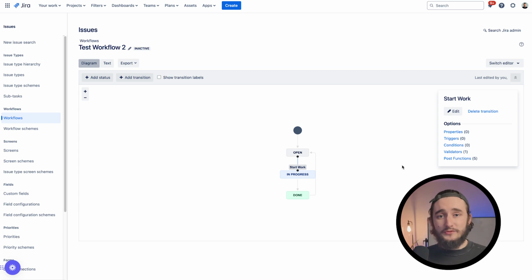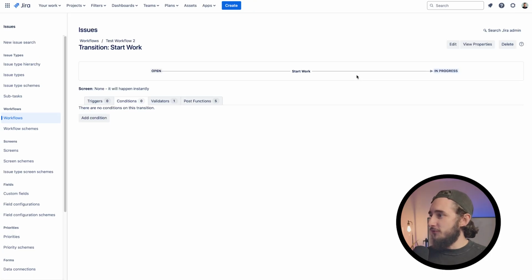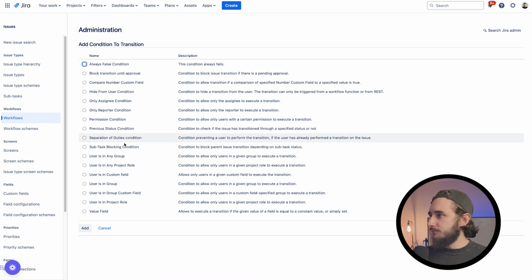All right, so the second most common thing I would use here are conditions. So I'll click the link here and I'll be brought to a very similar screen as we just saw with validators. And I'll go ahead and add a condition. And here we have a list of items similar to our validators. This list will be a little bit different from validators and give you some different options, more related to users,